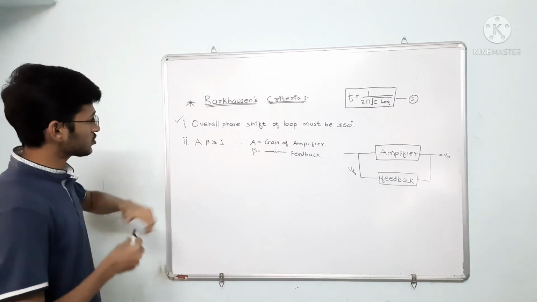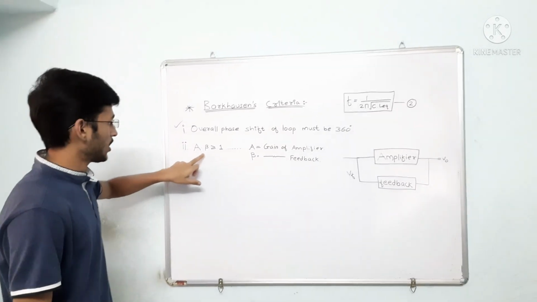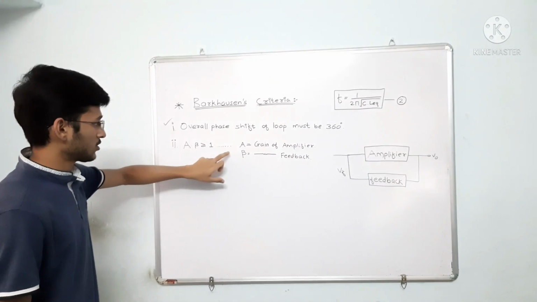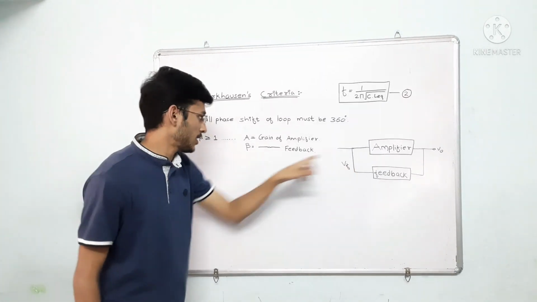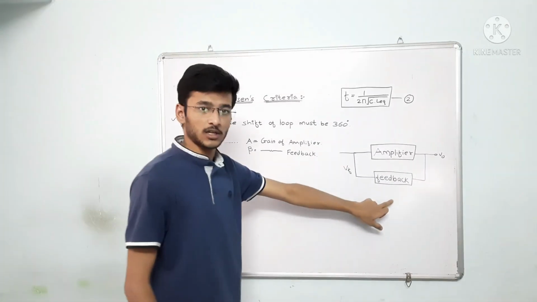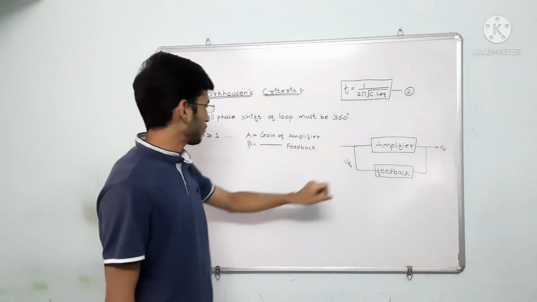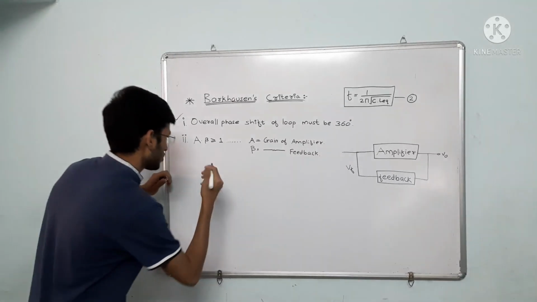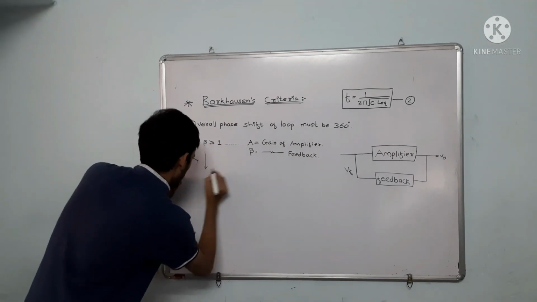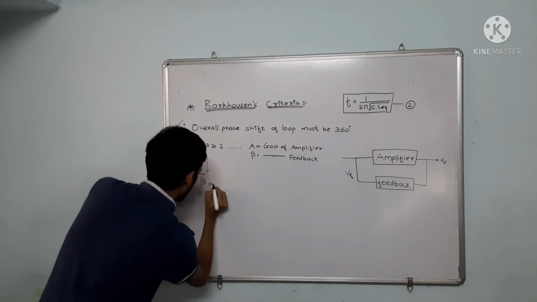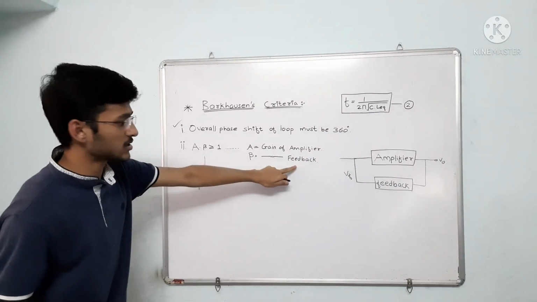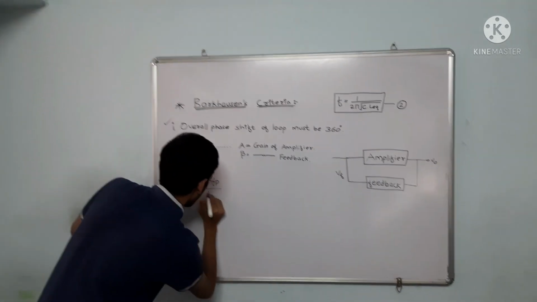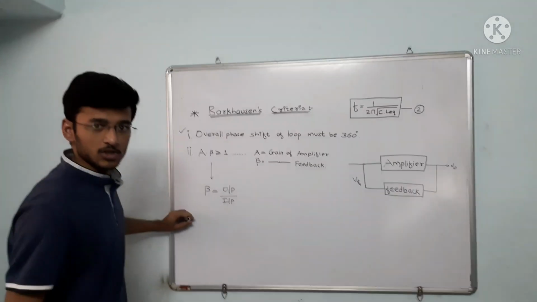Now we are going to move towards the verification of the second condition. Here you can see that A dot beta should be greater than or equal to 1, where A is the gain of the amplifier and beta is the gain of the feedback circuit. So by referring to this diagram, we are going to do the further calculation of this second equation. From the figure we can write beta, as beta is a gain, so it is termed as output quantity ratio input quantity.